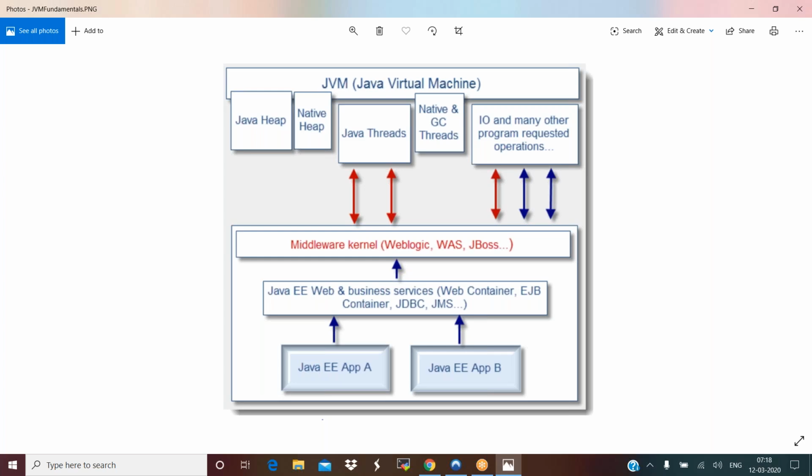For example, in a banking application with a joint account, if myself and my father have two ATM cards and we are trying to withdraw money at the same point of time,